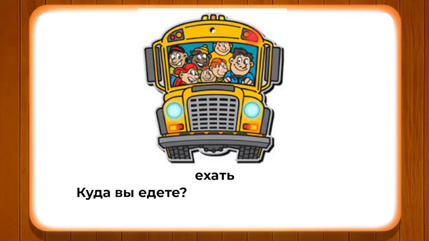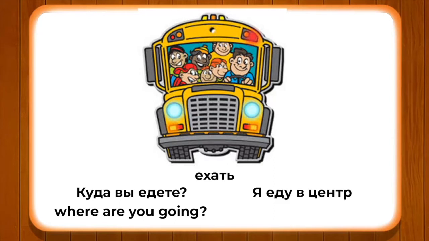Куда вы едете? Where are you going? So this is a question of the verbs of motion. So the answer could be "я еду центр". Here you can see the preposition has been used, but when we use a preposition with глаголы движения, the ending of the noun does not change as we have seen in the prepositional case. So this is the basic difference between the prepositional case and the usage with глаголы движения.